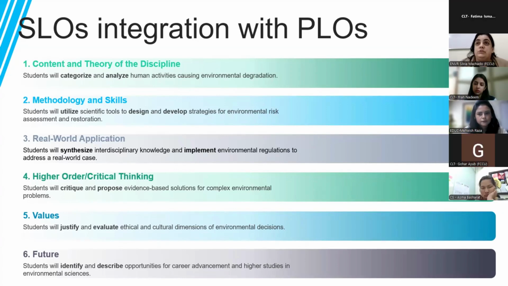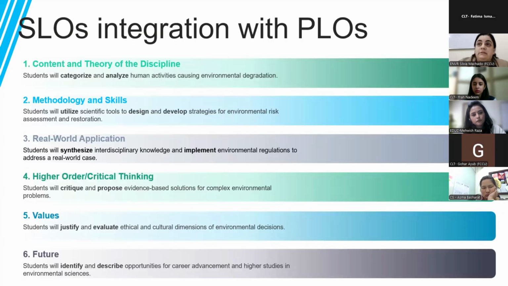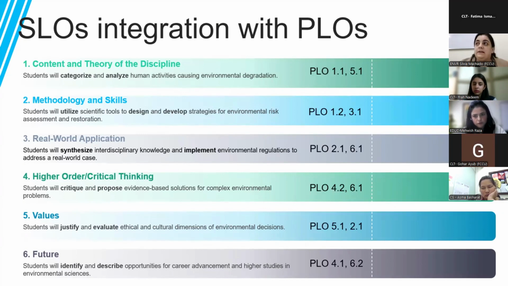So content and theory: students will categorize and analyze human activities causing environmental degradation. Methodology and skills: ensuring, using both Bloom's taxonomy and different levels or domains of learning, using different verbs to ensure that we integrate this component as well. And then, which PLOs are covered with these